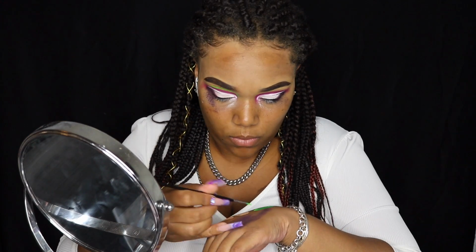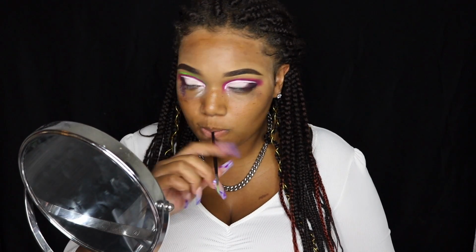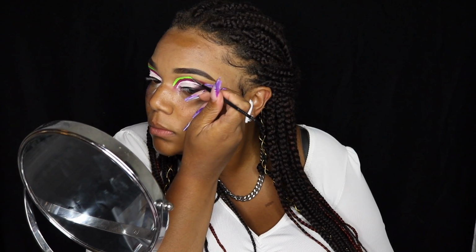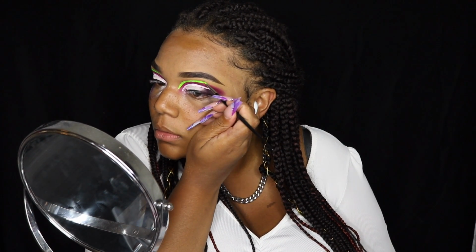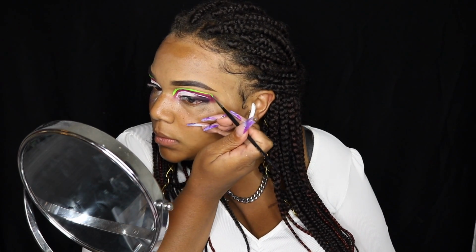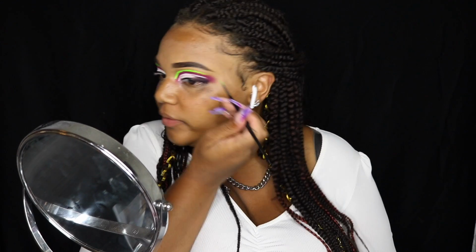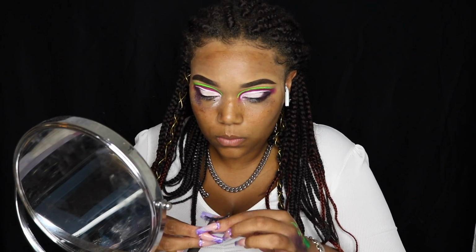Like, I know I'm still missing elements at this point, like the seeds and stuff like that, but these leaves were just so important to me. And I put them on and then I hated them, so I took them off. So instead I decided to just go in with a straight green line above the purple and call it a day. I couldn't really determine at that point if I wanted to change anything else, but I was definitely feeling this a lot more. So I went ahead and popped my lashes on and did the rest of my face